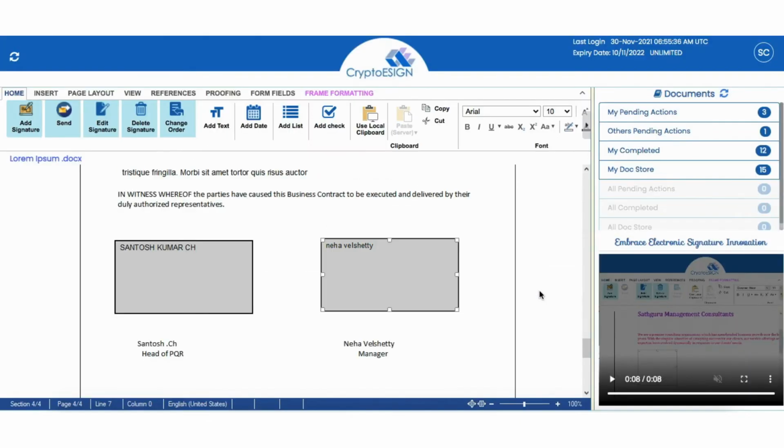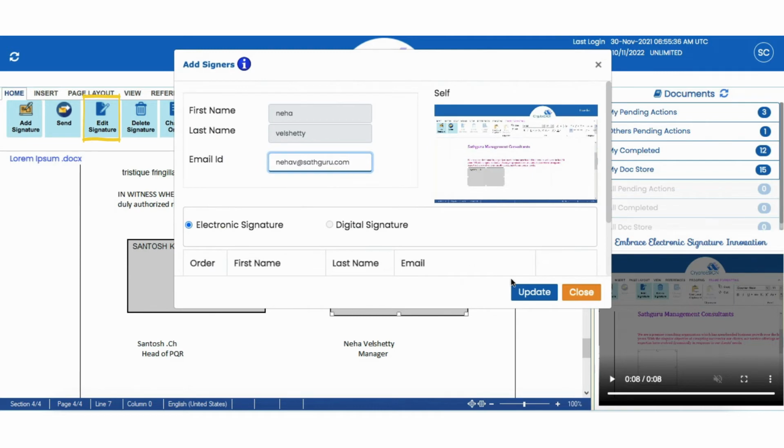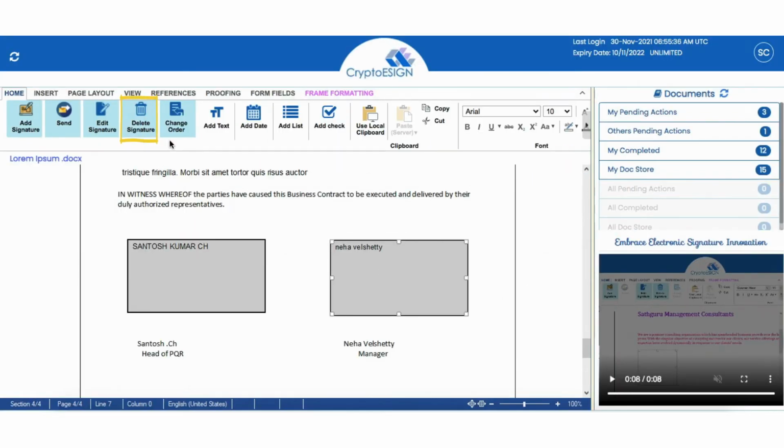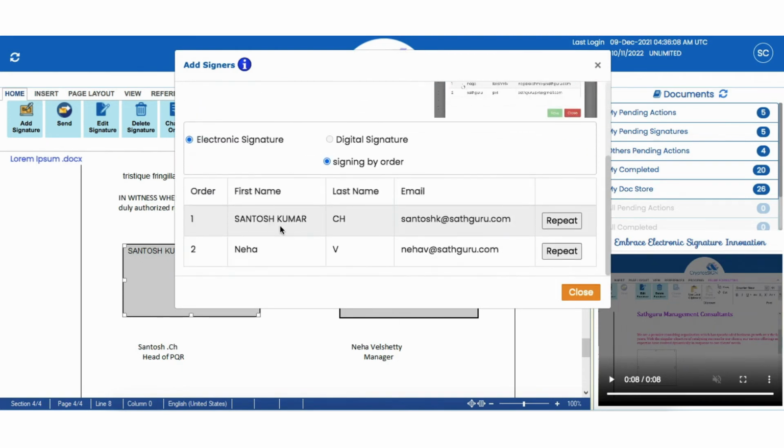To change the signature box location, drag the box. You can also edit the signature information or delete the signatory box. As the document will be going in a sequence, you can change the order of the signatories by dragging down